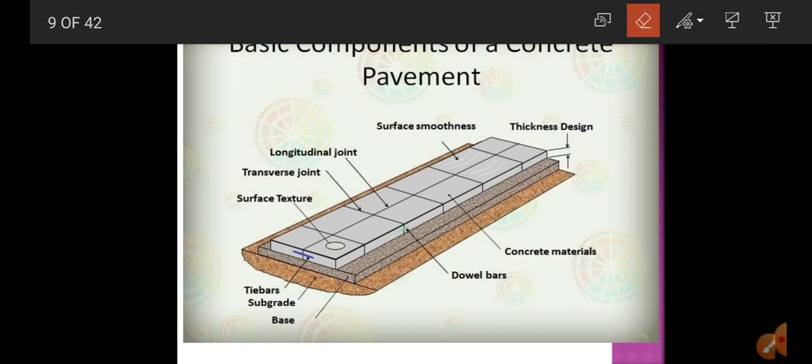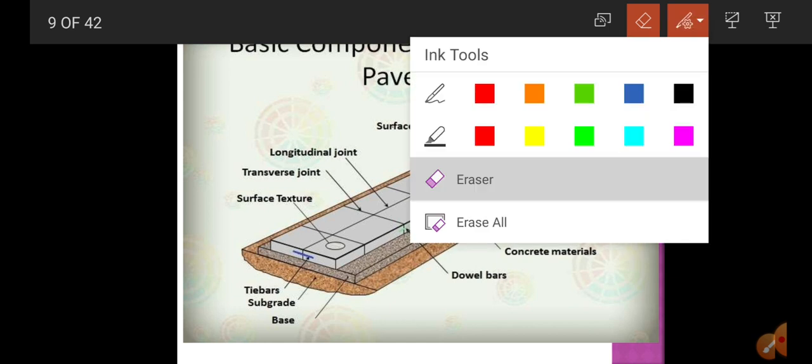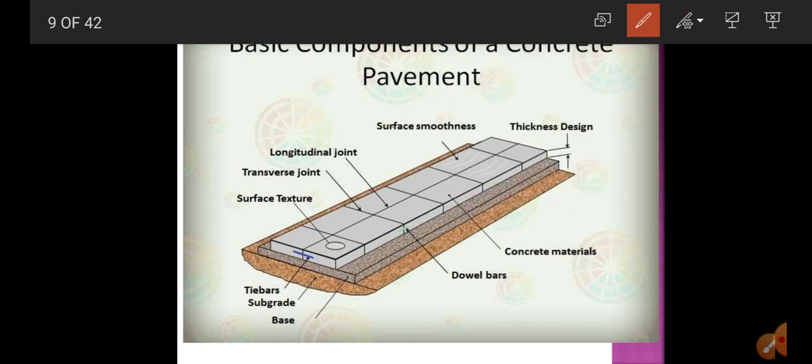Whatever reinforcement you provide along the longitudinal direction, we call tie bars. And in the transverse direction, whatever bars you place, we call dowel bars.